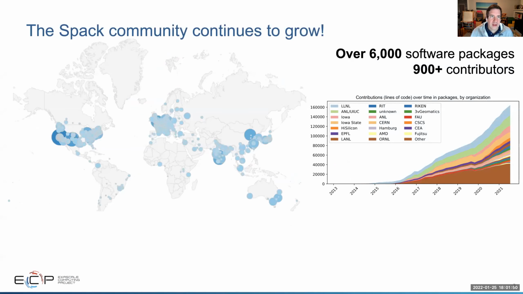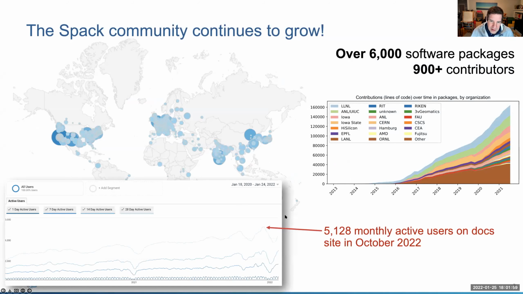Okay. The Spack community is growing. So we have over 6,000 software packages in Spack and over 900 contributors at this point. We broke 5,000 users on the doc site this year. So the community continues to grow pretty rapidly. And you can see over here,